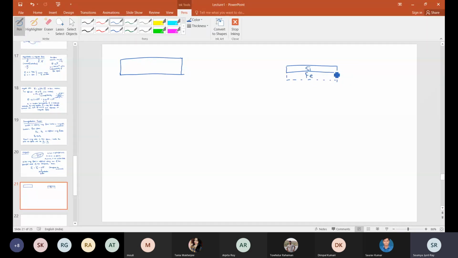Since this is plate like, it is basically effectively 2D, right? And this iron which is going to be deposited on top of it will also be taking the same shape, right? So it will also be an iron layer deposited on top of that plate. This whole thing we call a thin film of iron.